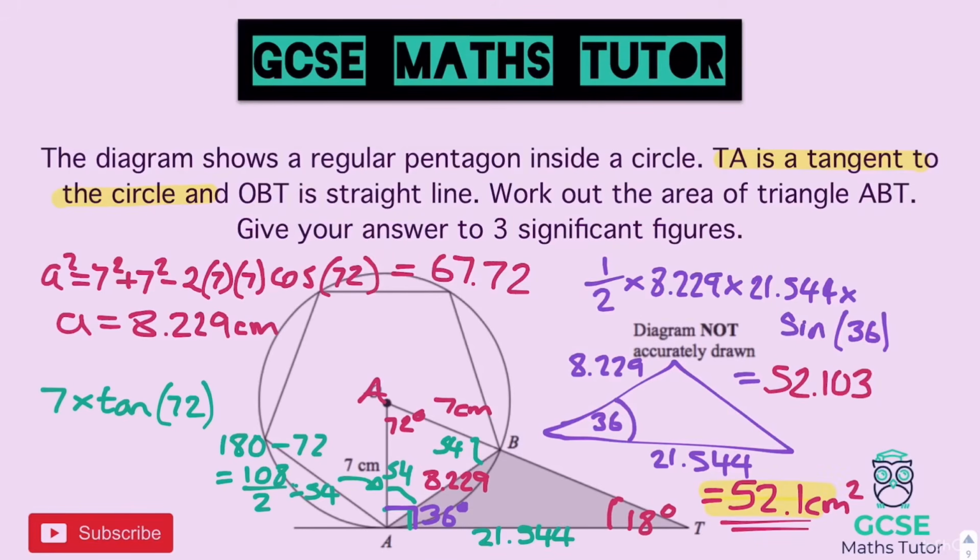There we go. That was obviously a pretty mad question there. There's a lot going on. You couldn't really get a question much harder than that, I don't think. I think that's probably one of the hardest ones I've seen on this topic. So thinking about what we actually used there, we used the cosine rule initially to get one of the